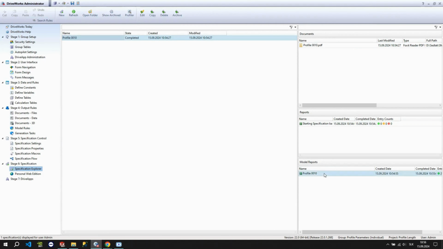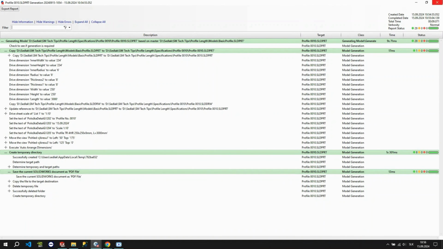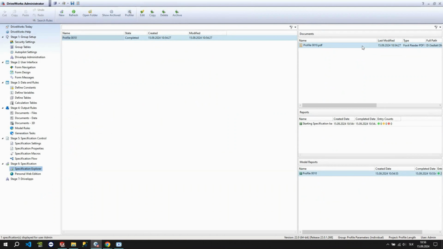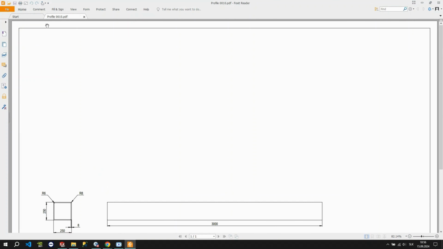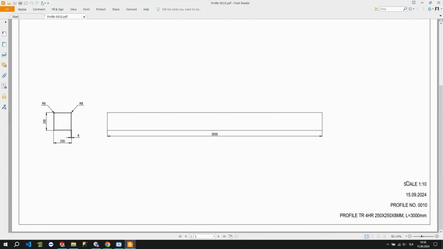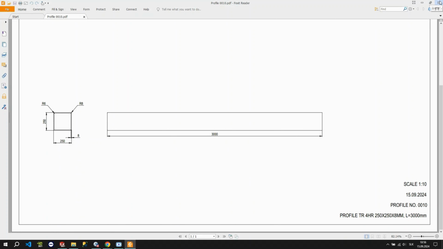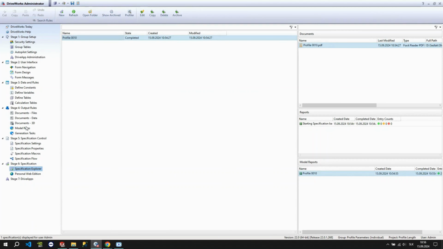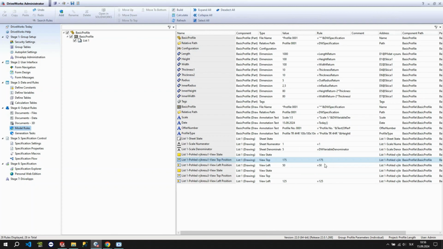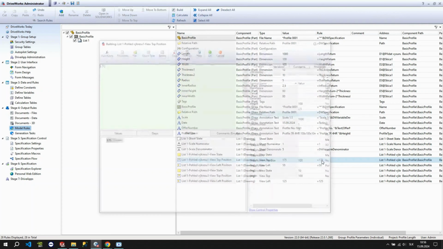Also, the model report is good without any warnings. So let's see the generated PDF file. It looks perfect. But it's a little bit set down. So I'm going to increase the value for the position of the drawing views